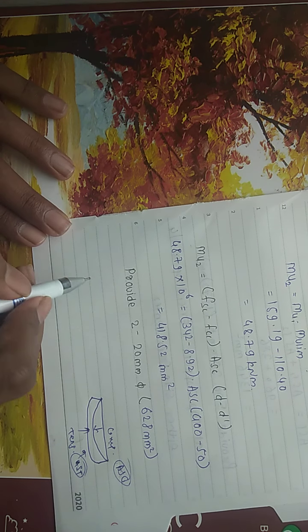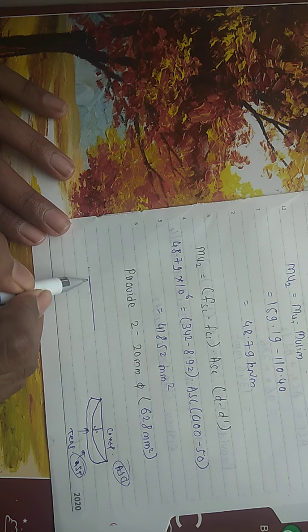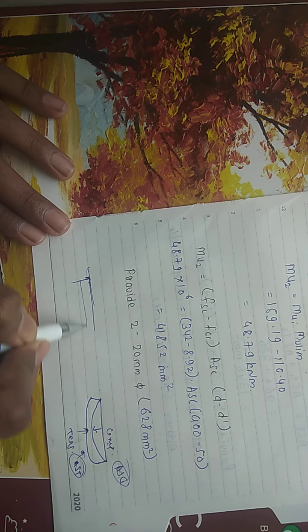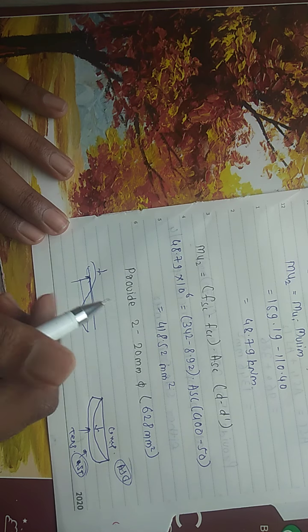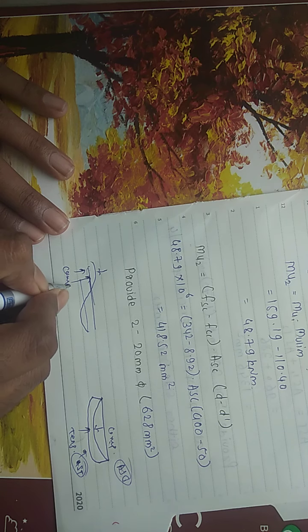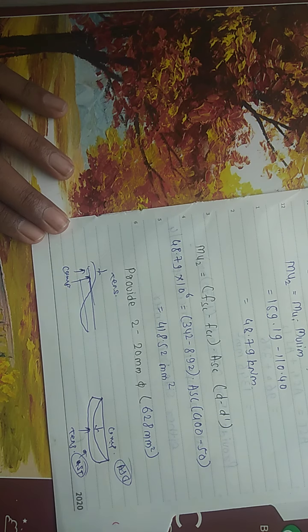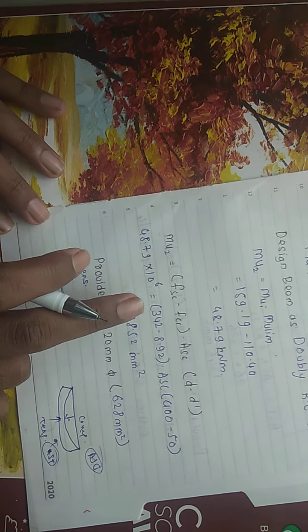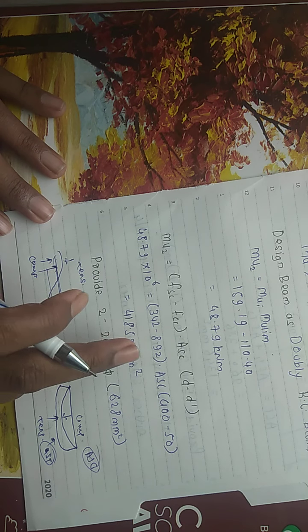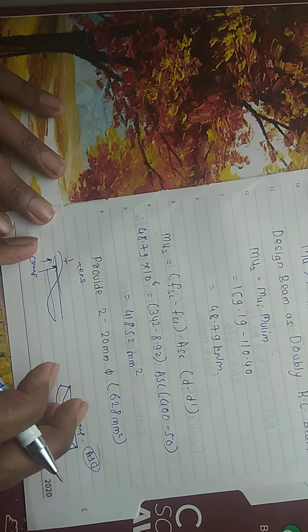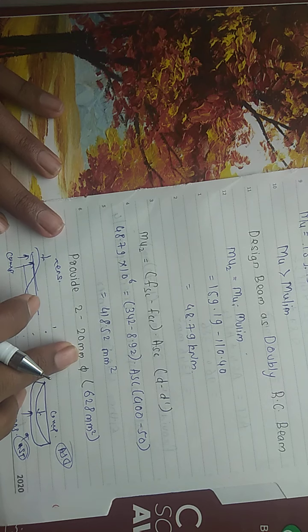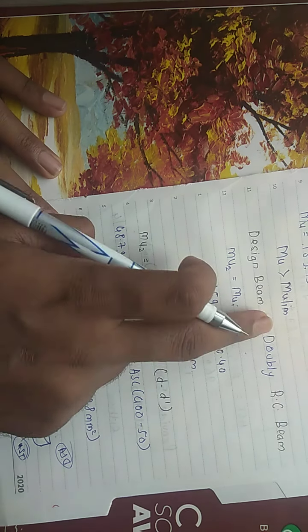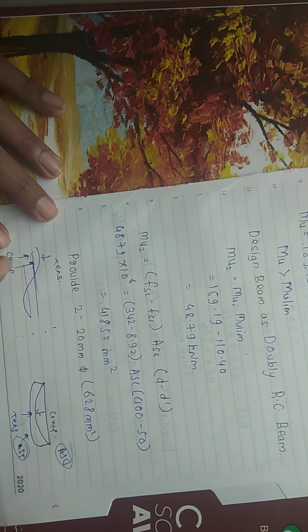So whatever bars we have calculated are provided at the top for ASC, and for AST at the bottom. But for the support, suppose this is the beam and this is support, so the bending moment is like that. So the compression zone is at the bottom and the tension zone is at the top. Hence we will provide the ASC at the bottom and the tension still at the top. This is the basic difference between support moment and span moment. Okay, so we have 2 bars of 20 mm, that is ASC. So for support, ASC is at the bottom, hence these 2 bars will be at the bottom.